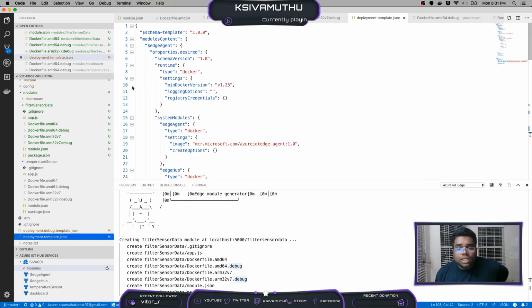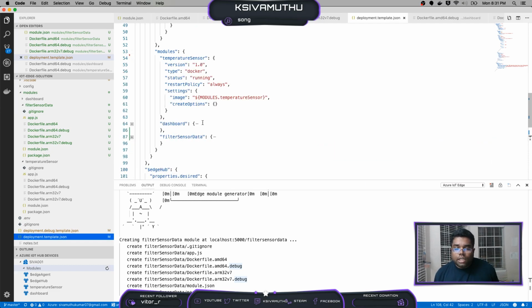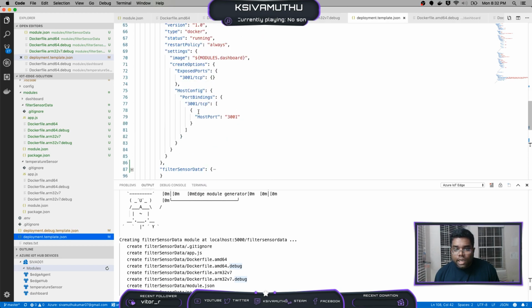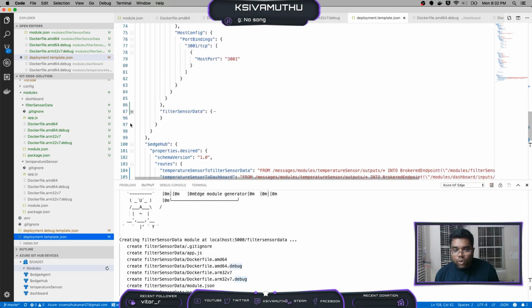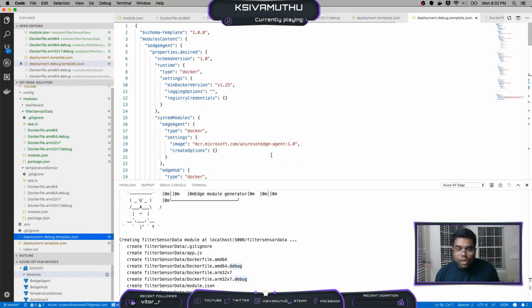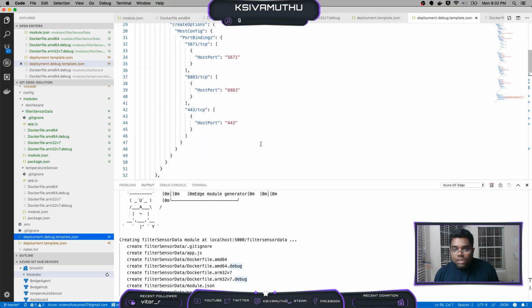So we have this edge agent, system modules and modules. Here, temperature sensor, dashboard, exposing code to 3001. So that's for running the data. If you go to the deployment debug template.json, temperature sensor 9231